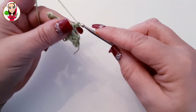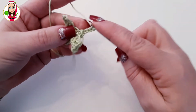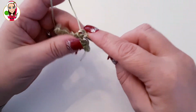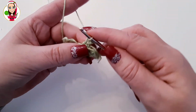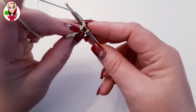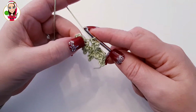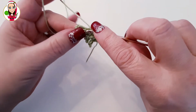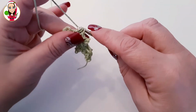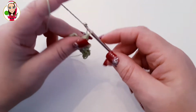Then we're going to do our picot stitch. Yarn over, pull through and do your slip stitch. Then in the next stitch here we're going to do a double. In the next stitch we're going to do a half treble. Then we're going to do our picot stitch,